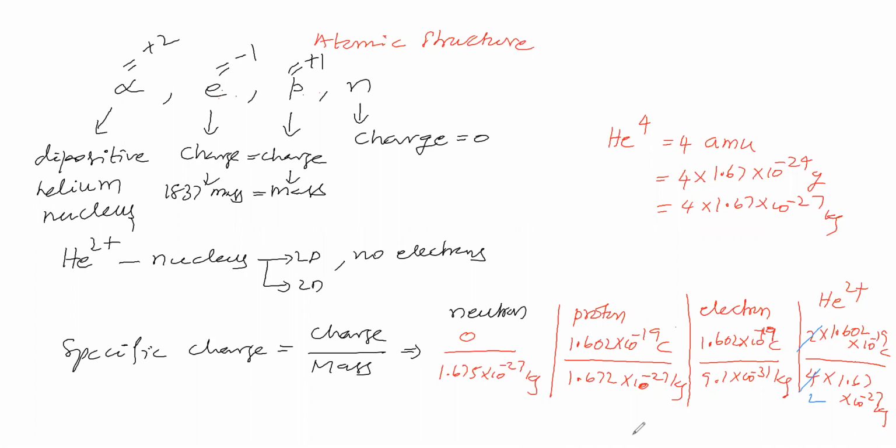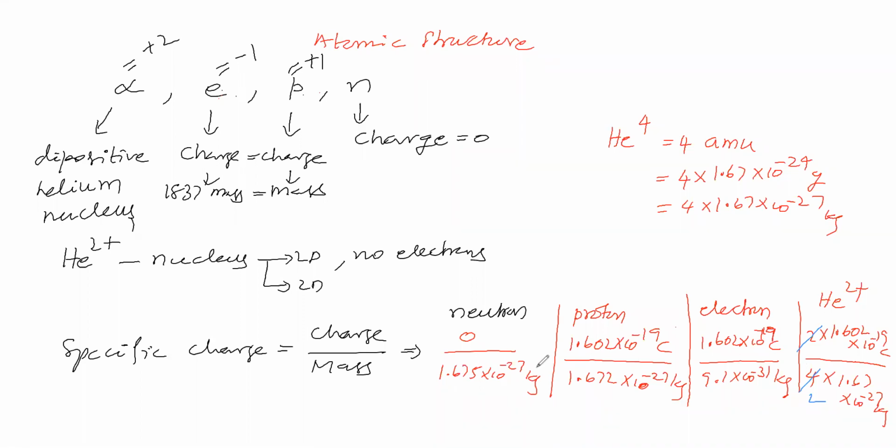Denominator, if you see, here it is 1000 times smaller than this denominator as well as this denominator, as we said. Now, here the denominator we will see. Here 1.672, here also roughly 1.67. 10 power minus 27, here also 10 power minus 27. Here into 2 is there. So the denominator contains an additional 2. So how will the specific charge be for alpha and for proton? Compare it.